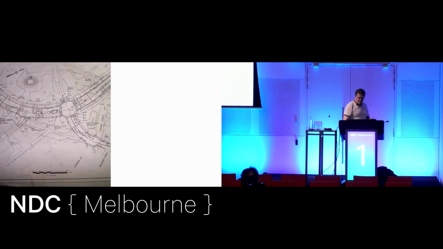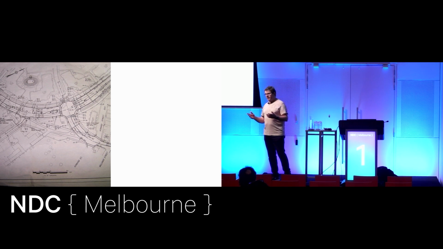And I spent a bunch of time looking at plans like this. My plans actually were usually not in imperial measurements, so I just found a picture with imperial, so don't worry too much about that. But we spent a lot of time thinking about how to build stuff. What we didn't spend so much time thinking about was where should things go? And it's a really interesting question, particularly when you're talking about things like roads and, more importantly, things like footpaths. How do you decide where a footpath goes?